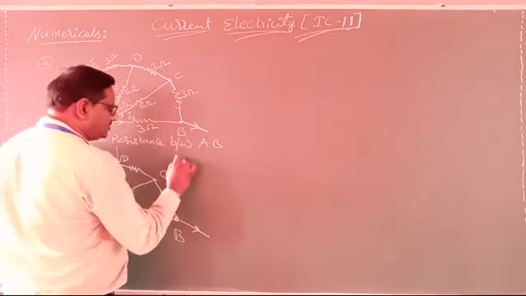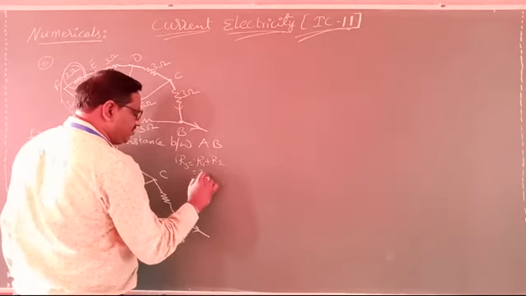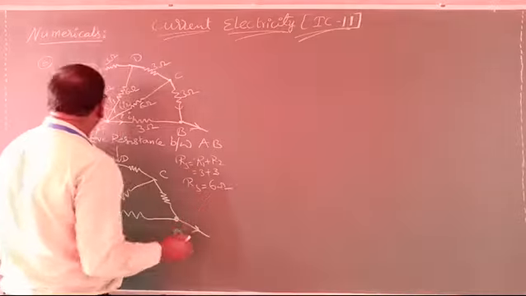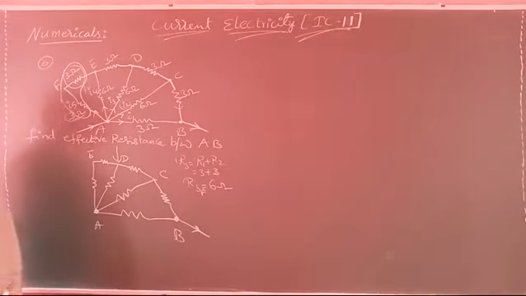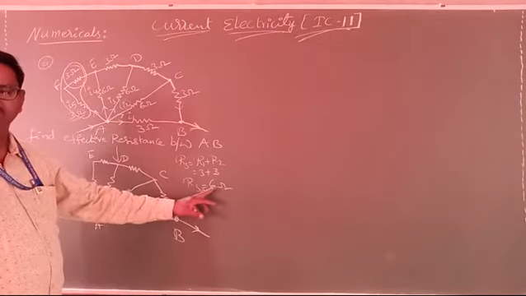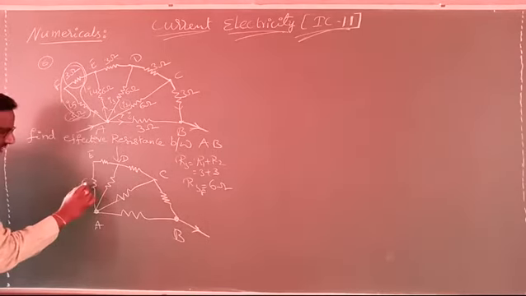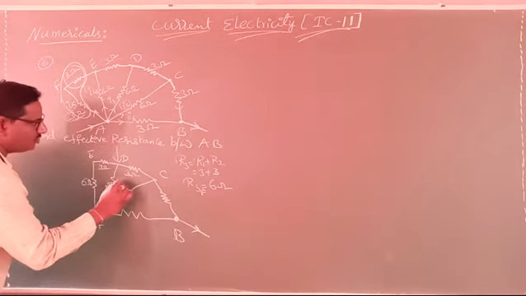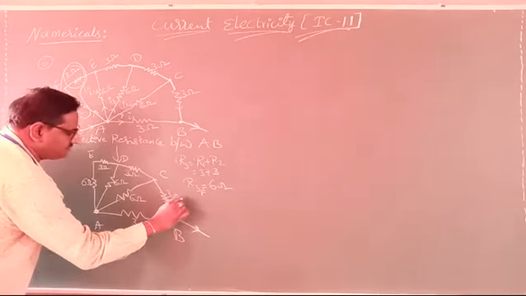In series combination, what can you write? Rs equal to R1 plus R2. So 3 ohms plus 3 ohms, how much is it? 6 ohms. That is RsF, the effective or equivalent resistance at F point, which is 6 ohms. Now here what we have? 6 ohms. So here 6 ohms, here 3 ohms, here 3 ohms, here 6 ohms, here also 6, here 3 ohms, here 3 ohms.